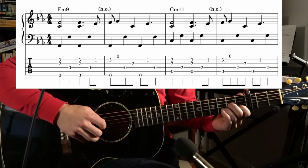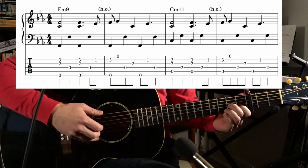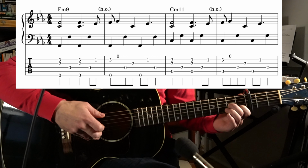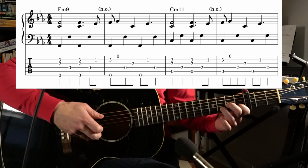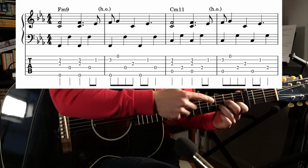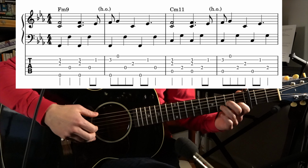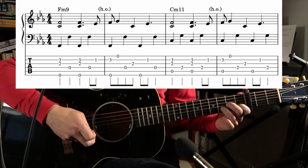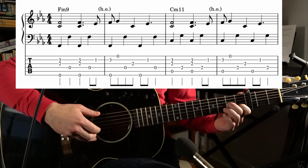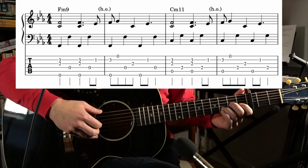Okay? And then for the beginning of the 2nd measure, we're going to hammer. So when we hit this last note of the 1st measure, we're going to hammer it on with our ring finger to the 3rd fret. But as we hammer on, we want to hit this. Oops, that was a little hard. So, right? So that's going to take a little practice. But once you get that down,